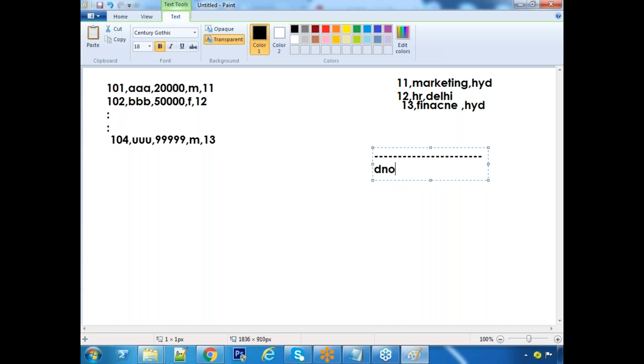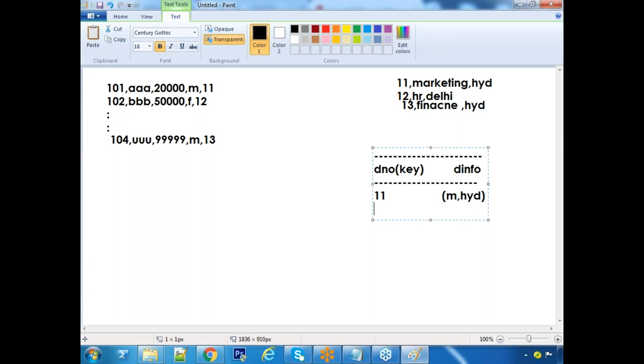Department number as key. Department information as value. For the first row, what is a key, sir? If I have only 3 departments, 11. Value, sir. Remaining. That marketing, comma, Hyderabad as value. Understand the point, sir? Remaining entire information as value.